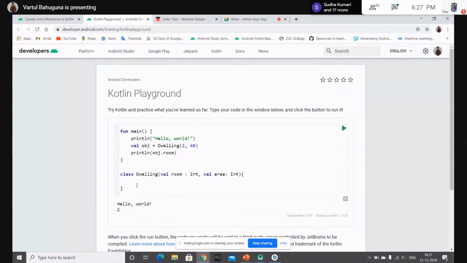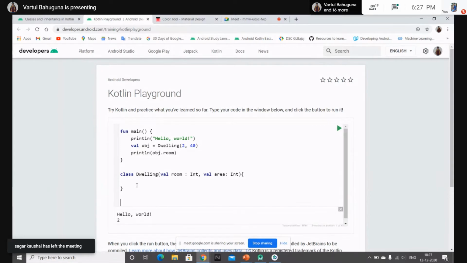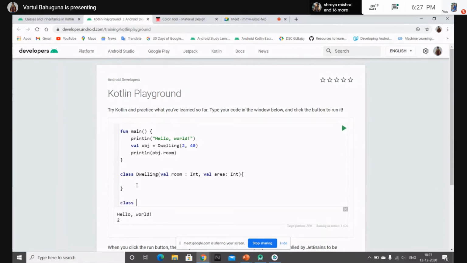So now let's extend or inherit this class. So class tower, that's inheriting this class dwelling, and since we are inheriting this class dwelling, we also have to provide the parameters for this constructor from here itself.